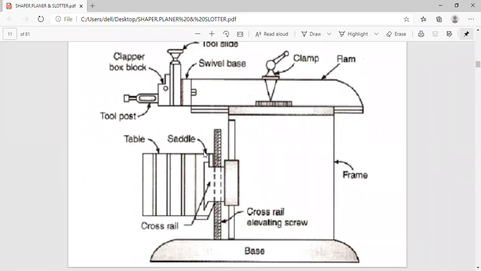Every time we cannot go for manual, because the fatigue of the operator will come in operating the machine, so you cannot get more productivity as far as the job pieces or components are concerned. The motion of the saddle will cause the table to move sideways, rather than up and down.